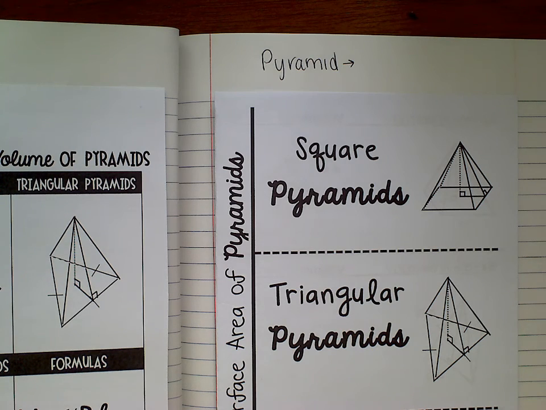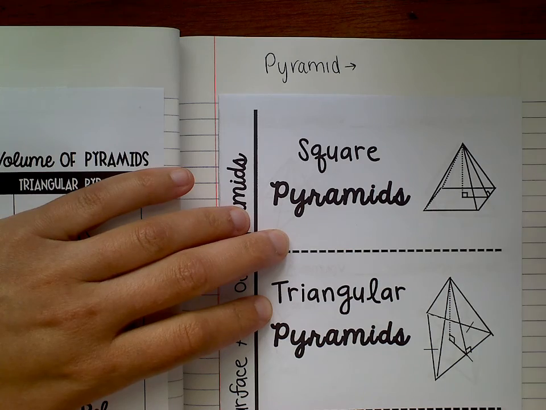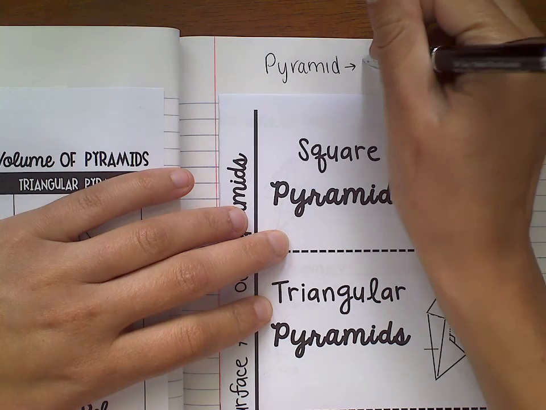Alright guys, so today we're going to talk about surface area and volume of two other types of three-dimensional shapes. First I'm going to start with pyramids. So a pyramid is a three-dimensional shape with one base